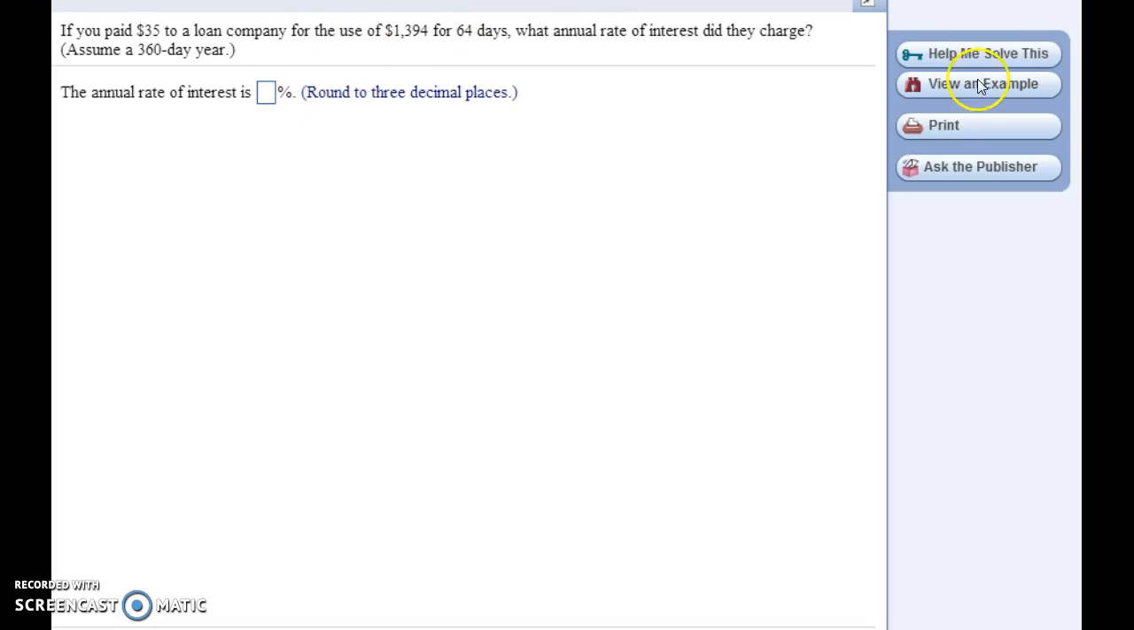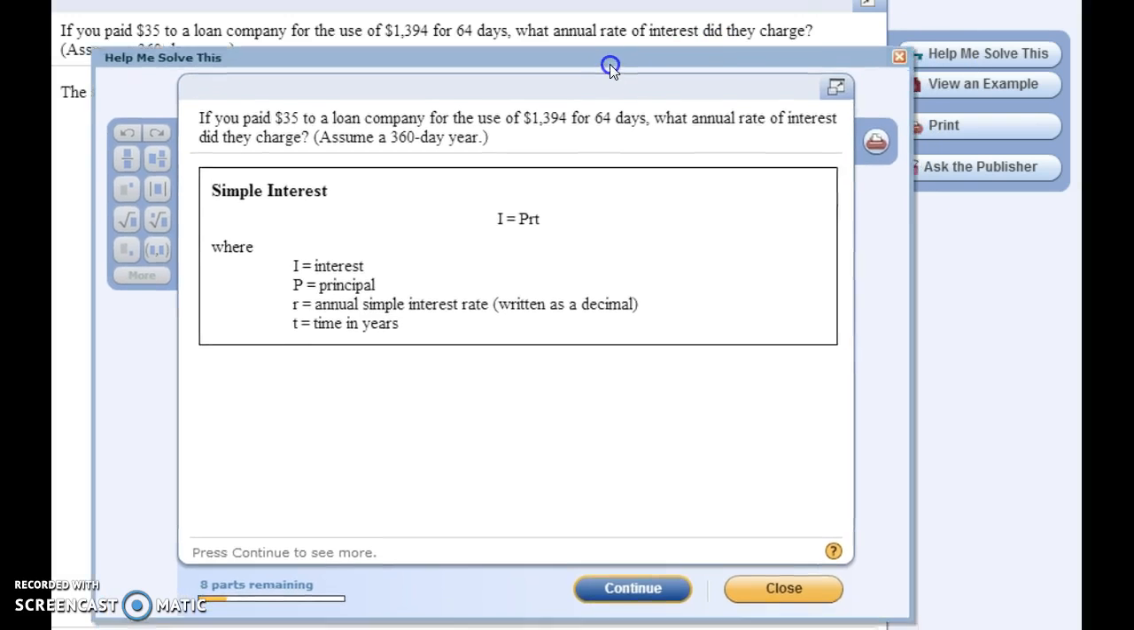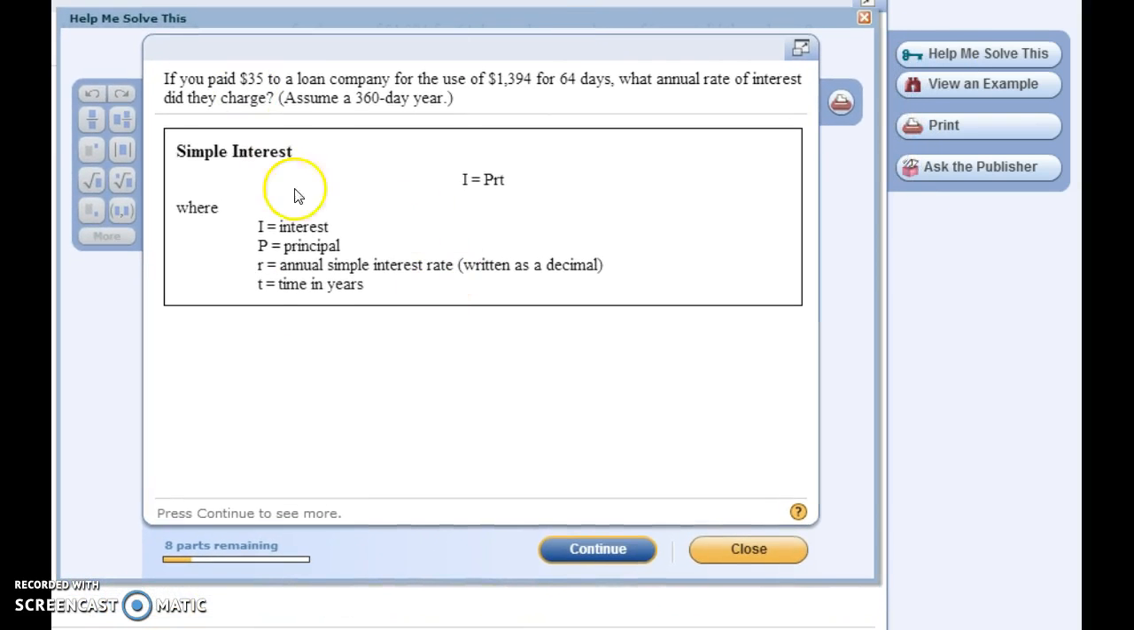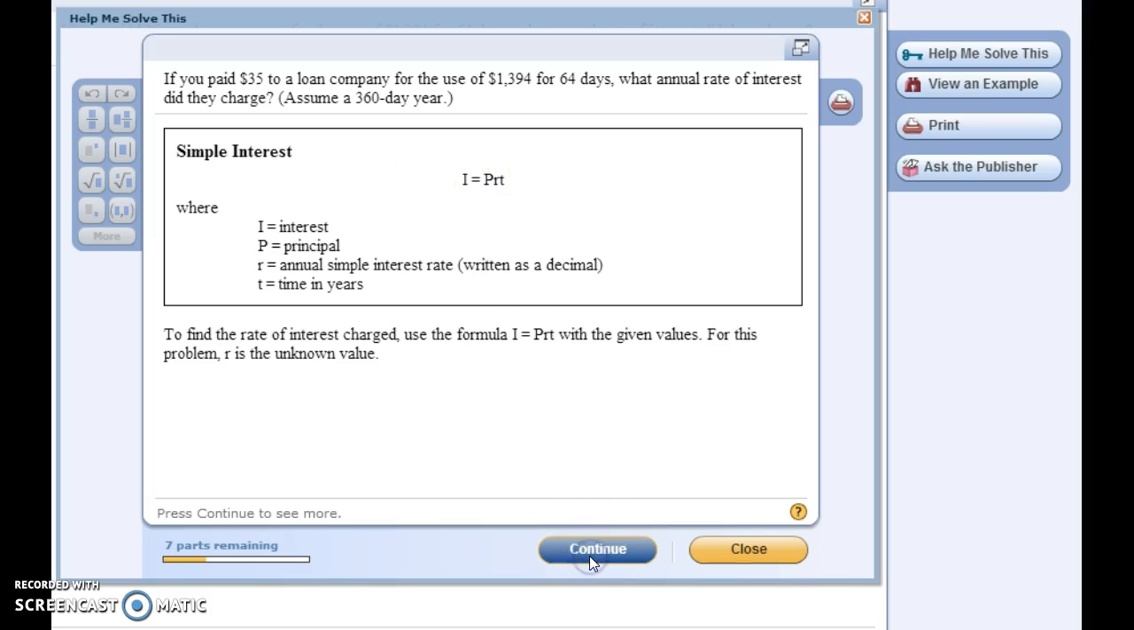For this problem, I'm going to open up the Help Me Solve This and show how we can use that to work through and get the solution. It gives us the simple interest formula. If we go through the steps here,